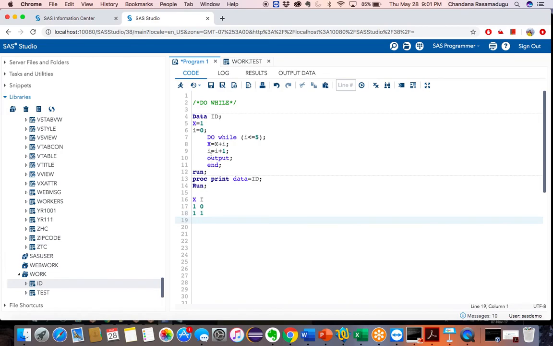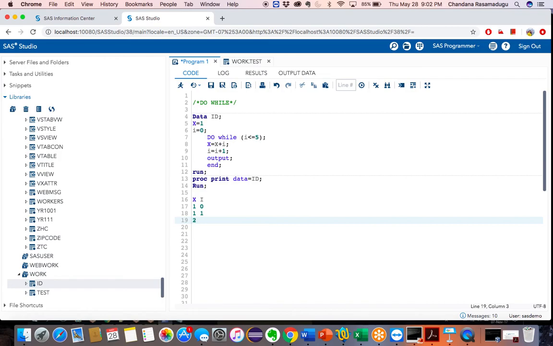And now again this comes to this do while statement, and I is less than or equal to 5. Okay, so less than or equal to 5 means here we have the I value 1, right? That means the statement is true. Okay, here the statement is true, so it executes the program. So x equal to x plus I. What is the x value? 1. And what is the I value? 1. So here our x value is 2.